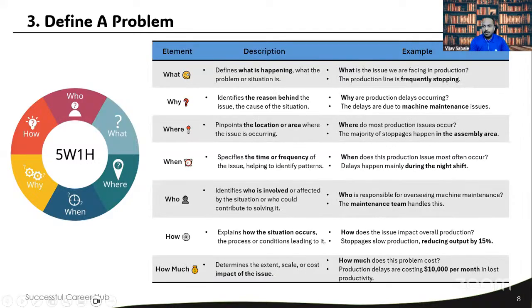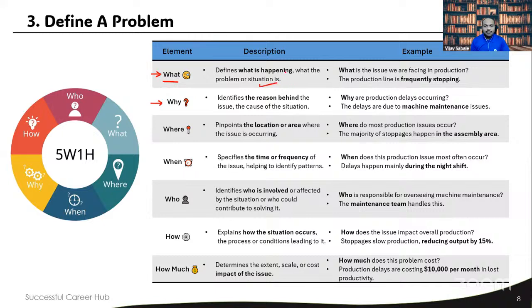In this case, you can see there is one scenario, and in that case we are going to use this 5W 2H tool. Now, as I said, what is the sequence of using these Ws? You can use any sequence, but always start with the what, that will be better. And if you have the next question as why, that will enhance your problem definition. So let's take an example here. The first W, which is what, defines what is happening, what is the problem or what is the situation.